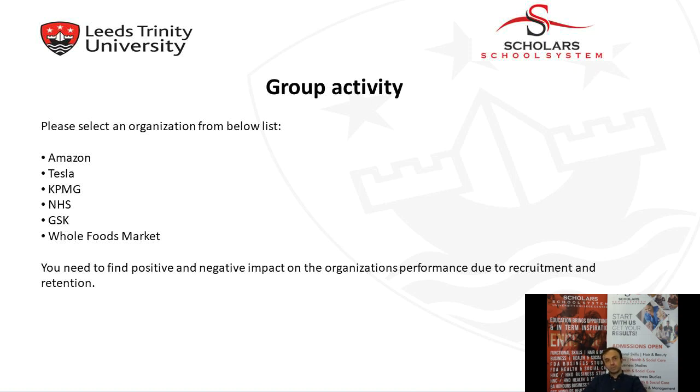And retention. HRM is not only about finding qualified or talented people. The question is how to retain them, how to keep them in an organization. So what is this? According to Cheminate, it's an essential move for an organization to ensure employee engagement with the organization for a longer period of time. However, employee retention in present days is really challenging for organizations.